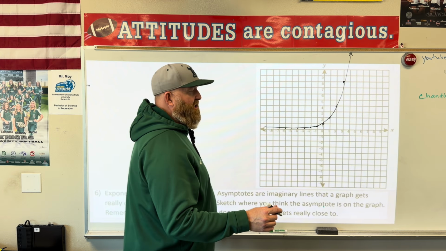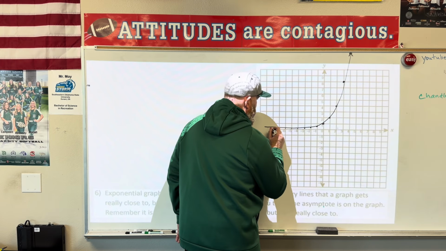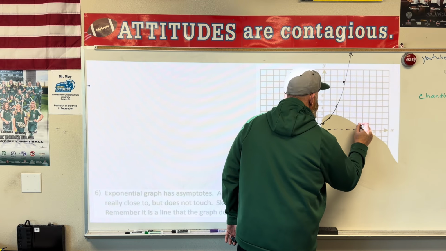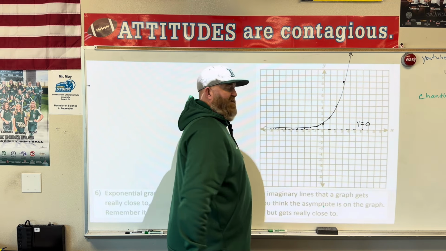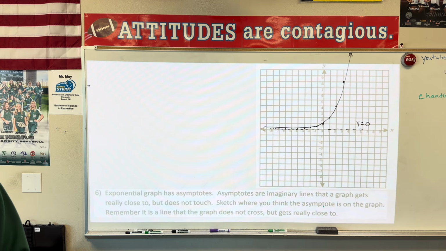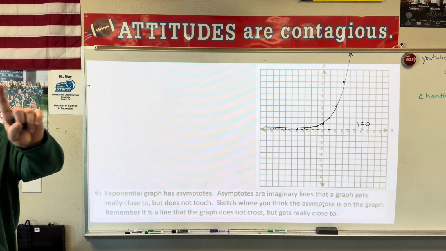So we're going to sketch our horizontal asymptote. Now, please hear me on this. It's going to be, all it is, this right here. It's a line that it almost gets to. And in this case, this is my line. It's y equals 0. That's called your asymptote. Go ahead and write that down. It's a little dashed line that it almost gets to, but it never fully touches. Sometimes it's at the top, sometimes it's at the bottom, but it's going to be a horizontal line.